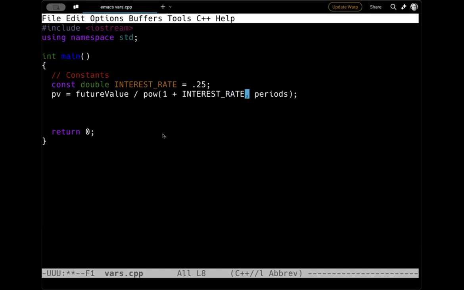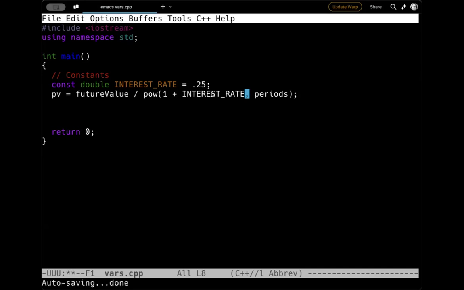Interest rate. So now when you're looking at this formula, you know that it's interest rate. You could have made it IR or something if you wanted, but this makes it even more clear. The other advantage to this is that we may be using this interest rate calculation throughout our program. If it's a financial calculation, you certainly could be. We use it all the time in this big long program. Interest rates have a habit of changing.